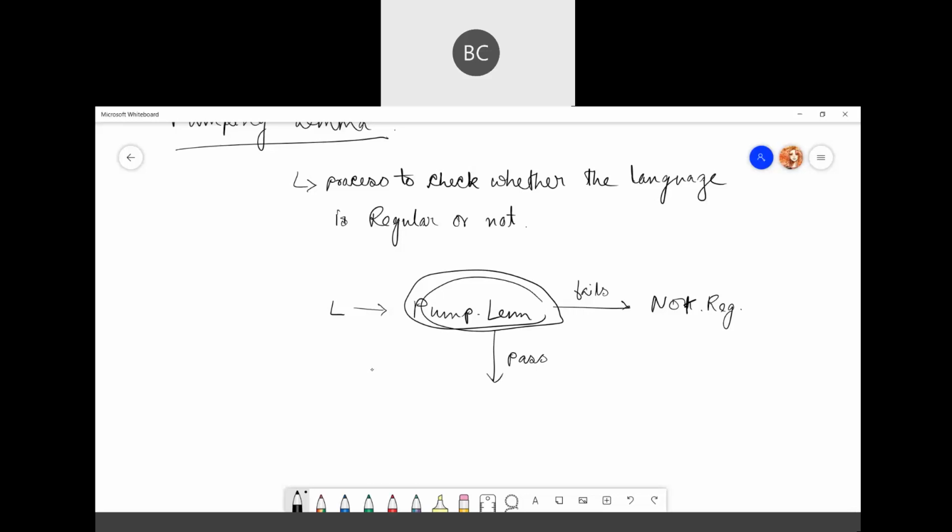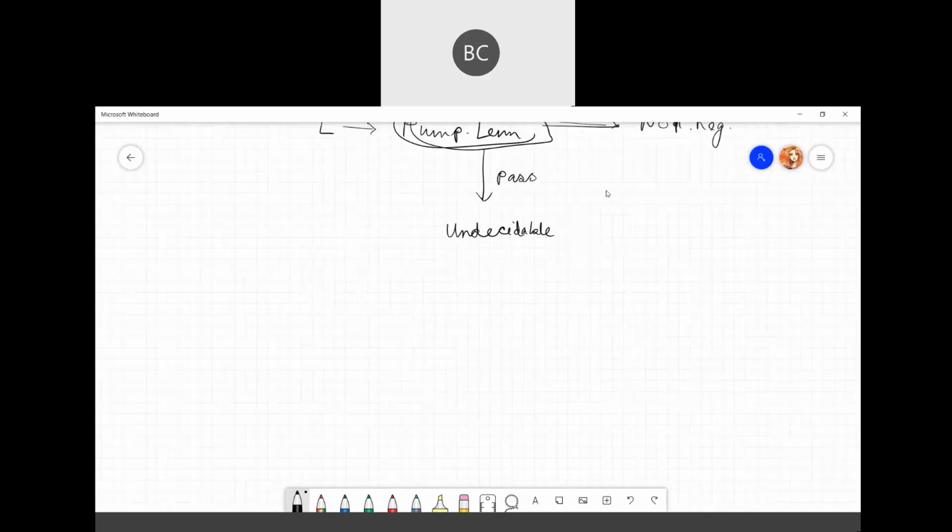If it passed the test, then it is undecidable. We cannot say whether the language is regular or not regular. Therefore it is a negative test. We want the language to fail the test, not pass. Only when it fails the test can we say it is not regular.